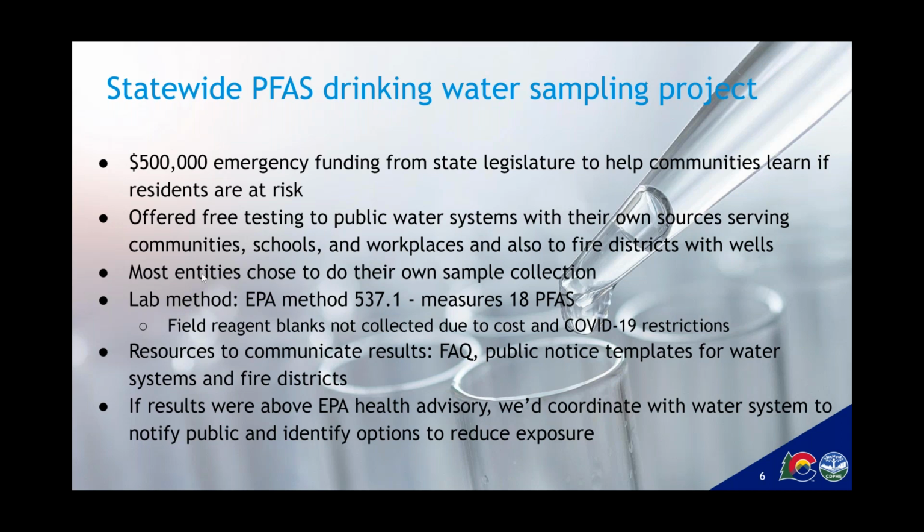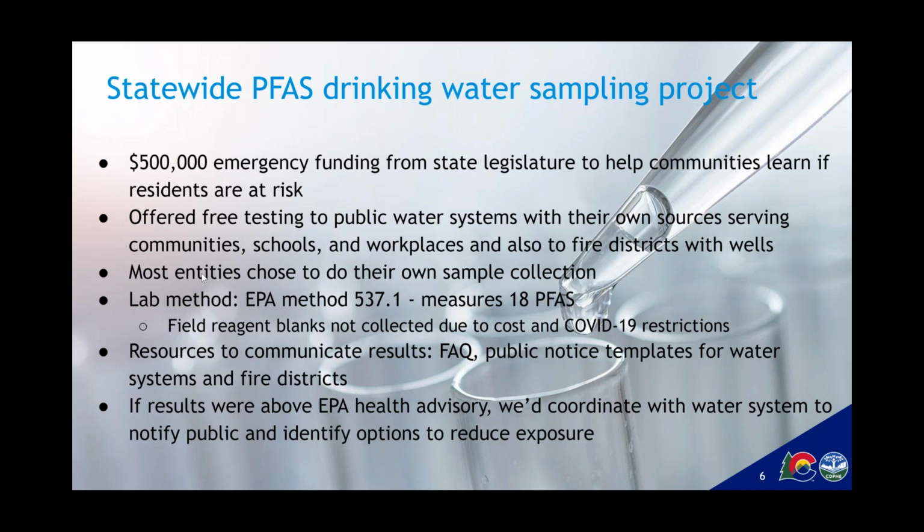So it worked out well that everyone chose to do their own sample collection. We used EPA method 537.1 that measures 18 different PFAS compounds. Just due to cost, we didn't do field reagent blanks that are part of the method, where if you get a detect, you would then run the blank sample to essentially see was that contamination actually in the water, or possibly something from the sample collection